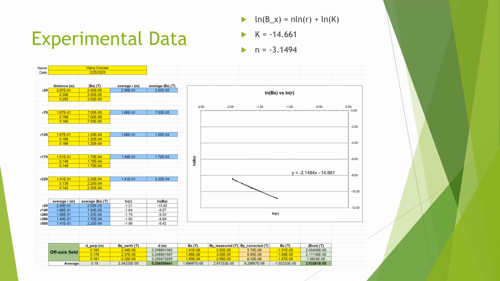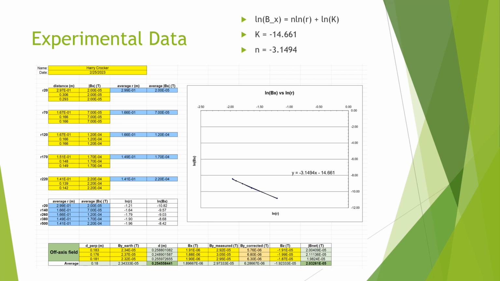Now onto some experimental data. On the left side of the data is the on-axis results that shows the distance where the magnetic field is equal to the numbers on the left. And at the bottom is the off-axis field, and by 3 trials to give both the distance and net magnetic field. At the bottom again you can see that there's a By corrected, and this is to account for the